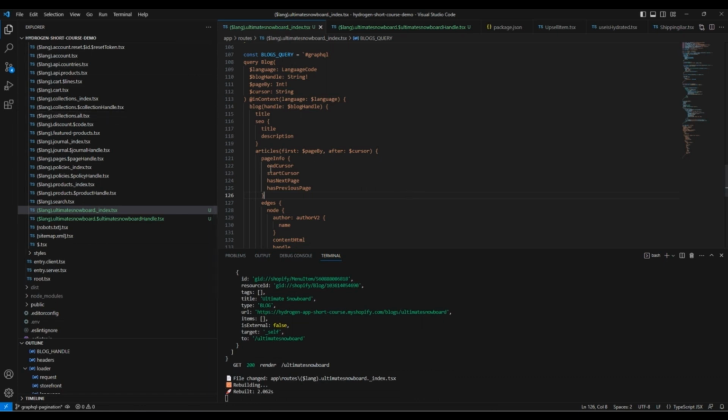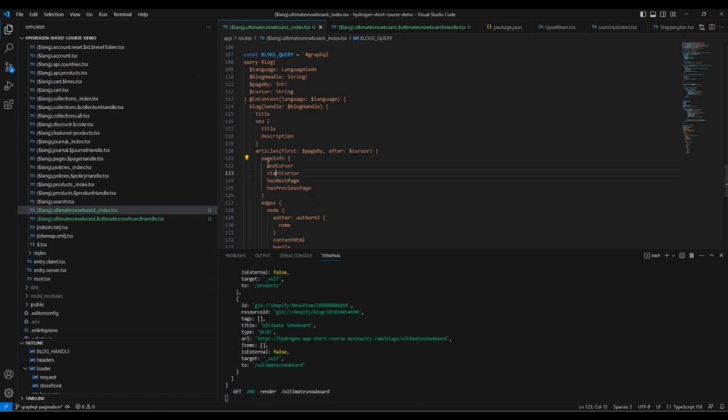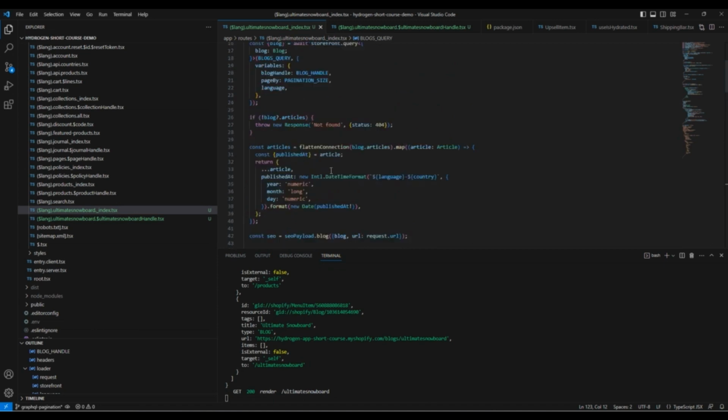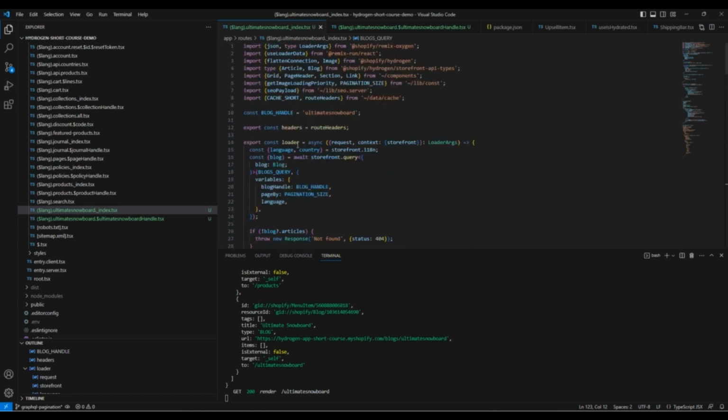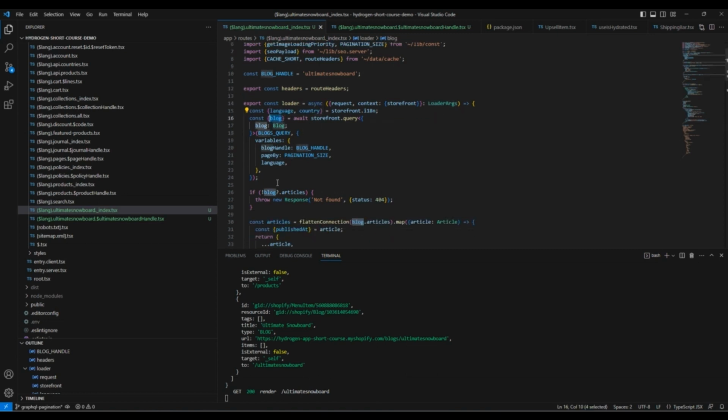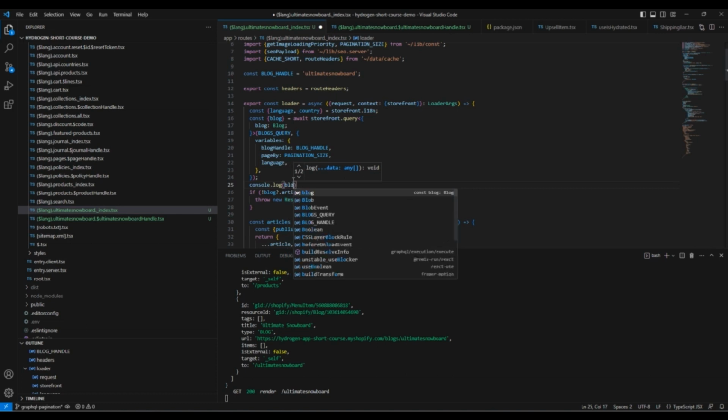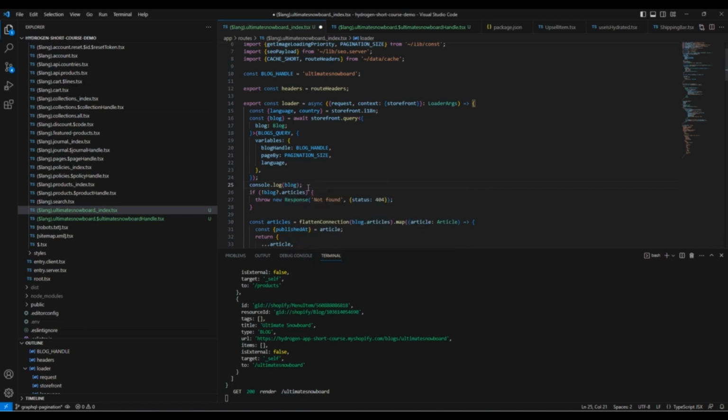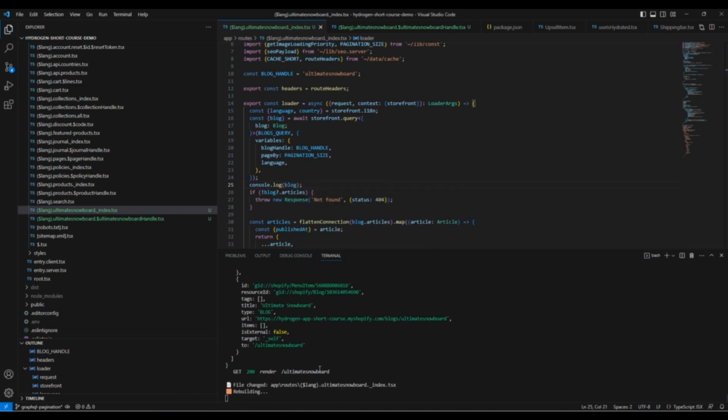Now I want to know what exactly this information does in our loader arguments. We're going to show this blog object. What will be the details that we can find in this object? You can say blog. Okay, I'm going to save that,